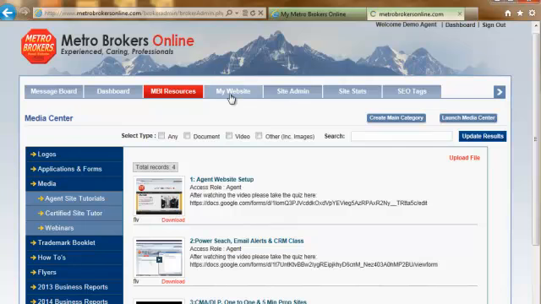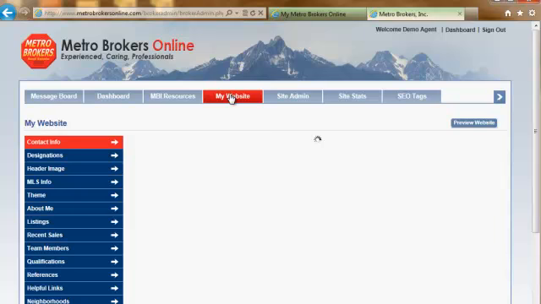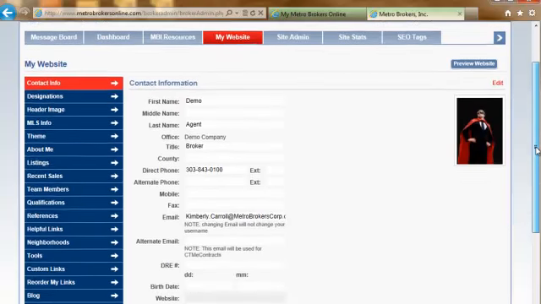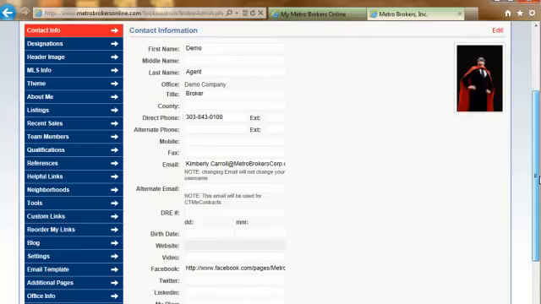Then the My Website tab, you're going to use a lot if you're a new agent and you're building your website. On this tab, there's a whole row of tabs to the left. And as you're building your website, you can just go through and really go through all of these tabs and start building out your agent website. If there's anything on here that you have left blank, let's say you haven't done the About Me section yet, it won't appear on your agent site until you've put something in that tab. So if you don't want it on your site, just leave it blank and it won't be on the consumer